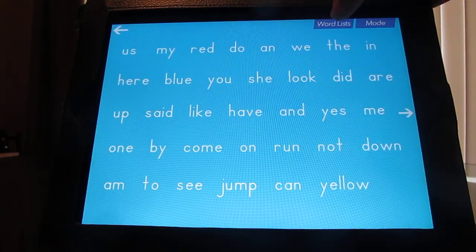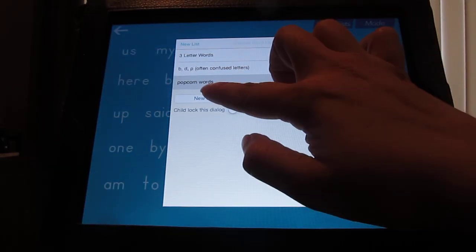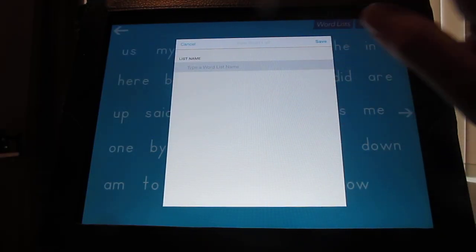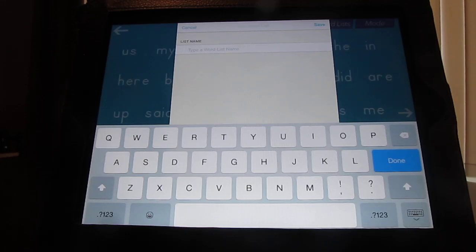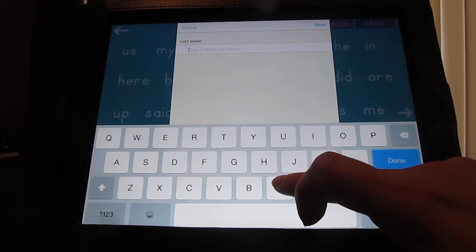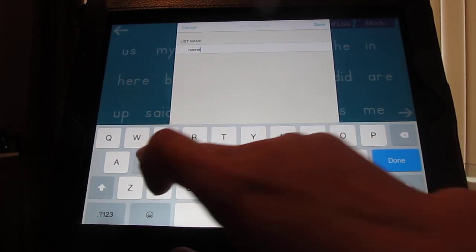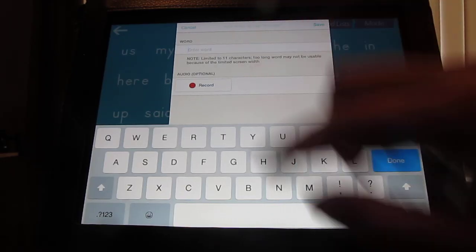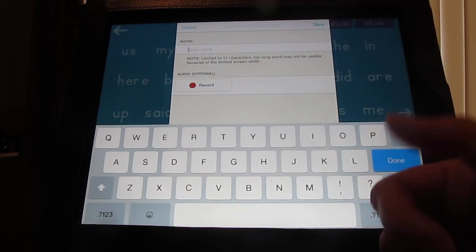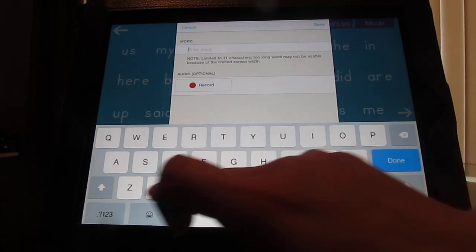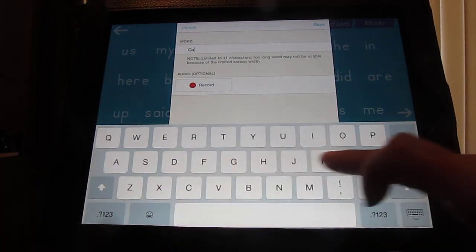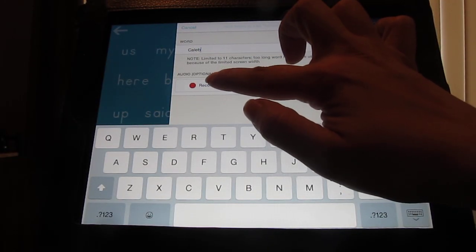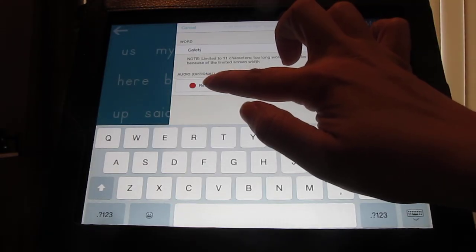And I'll show you how to add the word list. If you notice down here it says new list. And you can type, you can make any list that you want. We can just write, for instance, we'll put names, hit save. And here you would enter the word. So if I wanted him to learn how to spell his name, I would type it. And then here, there's a little button that says record. So if I were to tap that button,